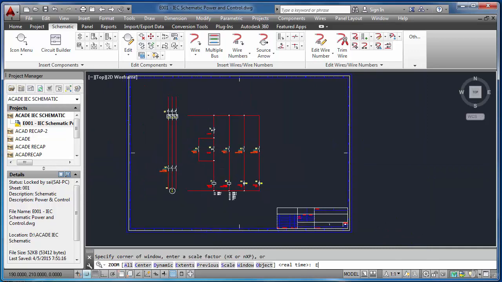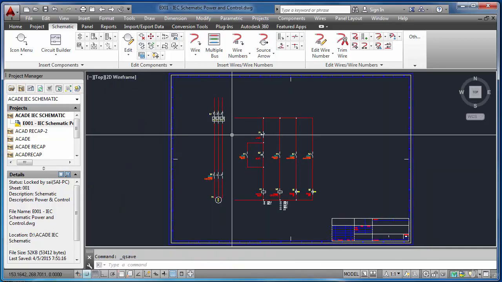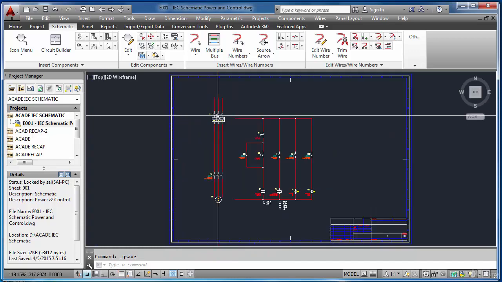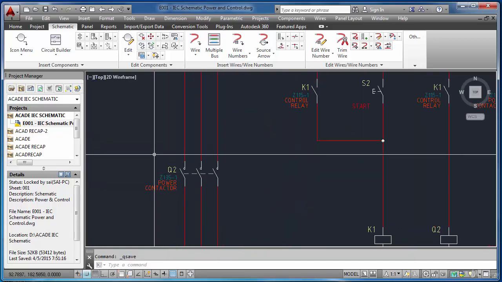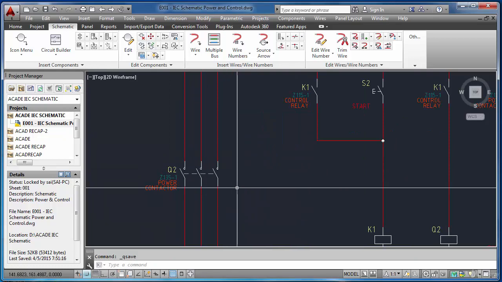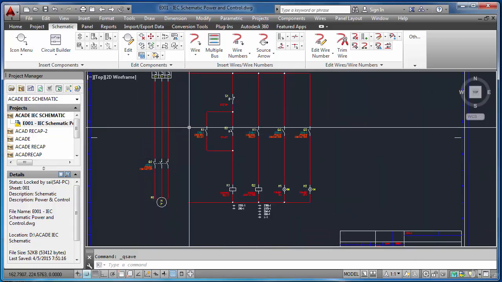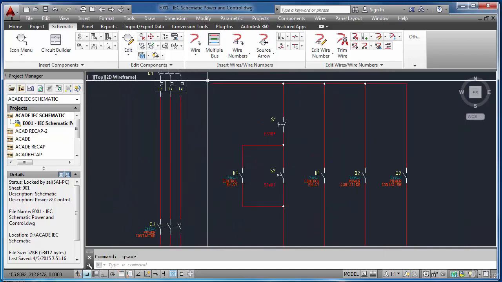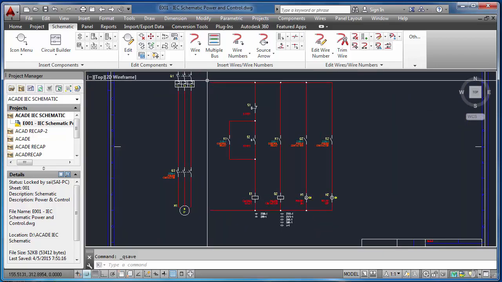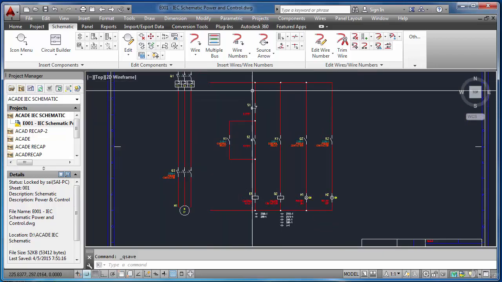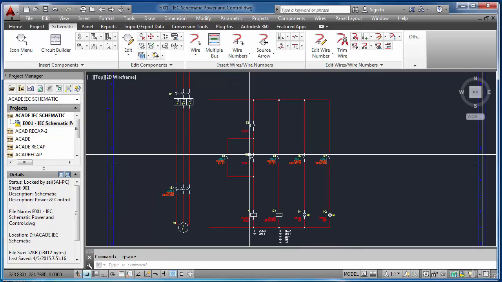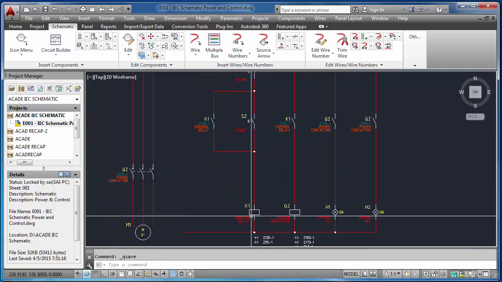So this is basically a power and control circuit. The three-phase supply comes in this way. This is a main circuit breaker, this is a power contactor, and the control of this power contactor is here on the right side. The control supply you have to give here. It can be 110, 220, 24 volt DC, anything. It initially goes through an E-stop push button and a momentary start push button, and picks up